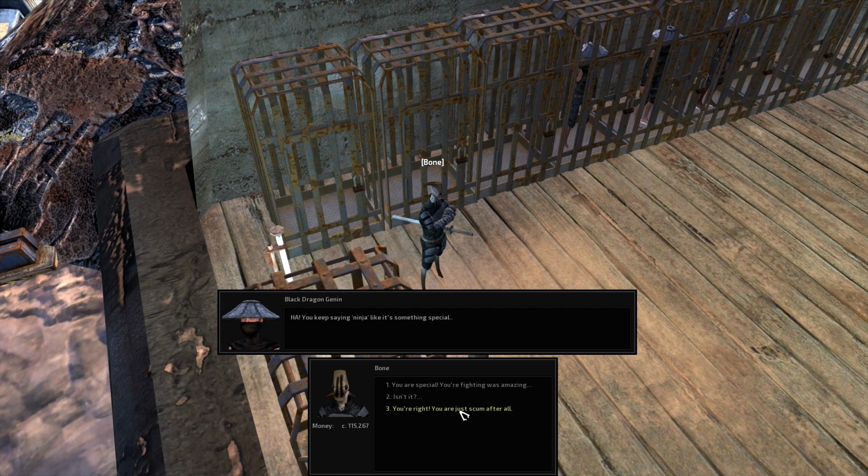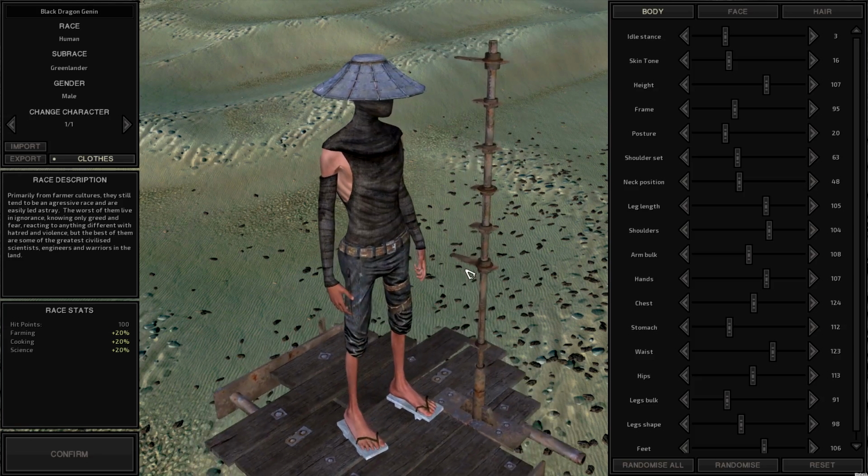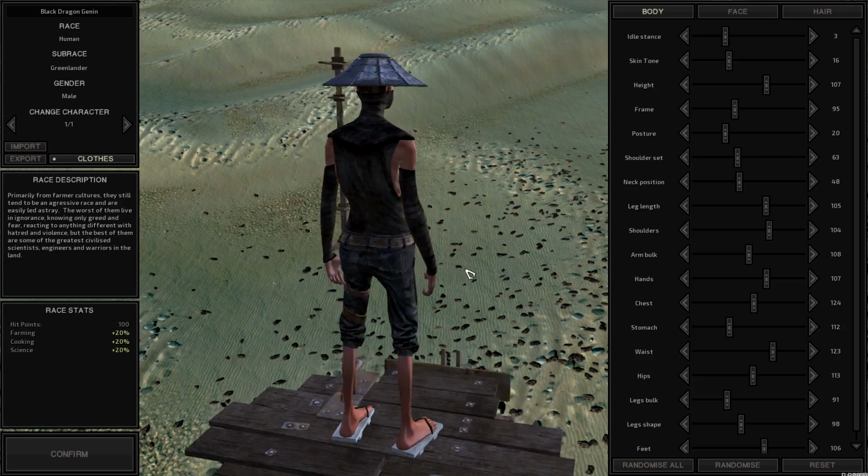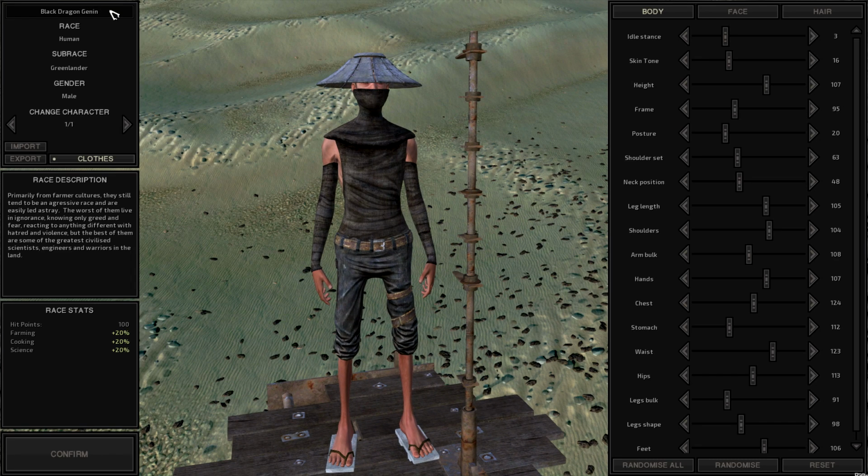Every Forsaken is one of these guys. And I want you to be my... There we go. Okay, you're in. Alright, so this is the character creator. Every time you gain a new recruit, you jump into the character creator here. So I can name this guy. I'm going to name this guy...